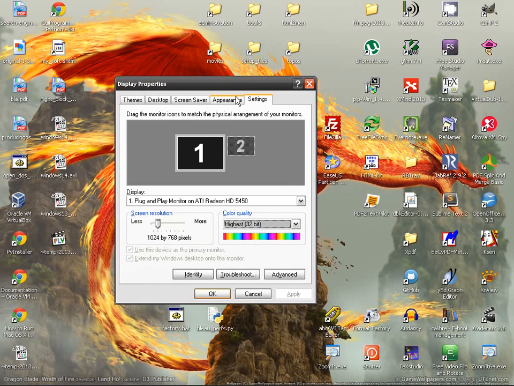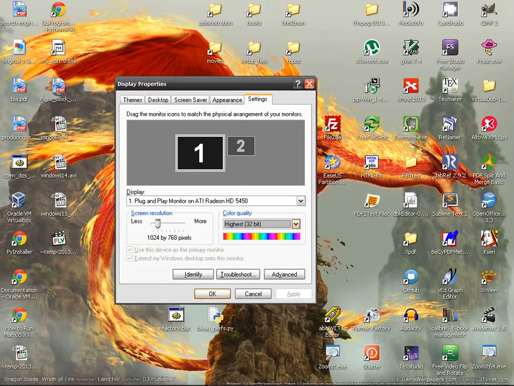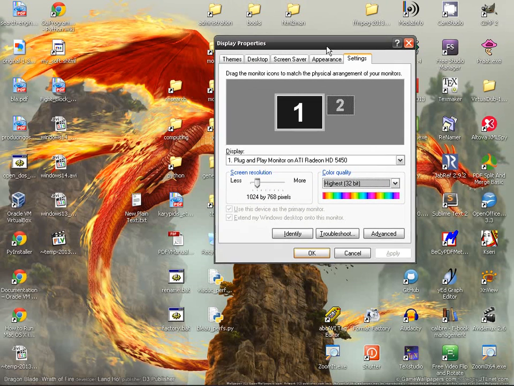That means it's the number of pixels on your screen. So 1024, it means that this is the width. On each line you've got as many as 1024 pixels to represent the color. And then this is the height, 768. So if you want to change your resolution because the icons are too big or too small, you have to